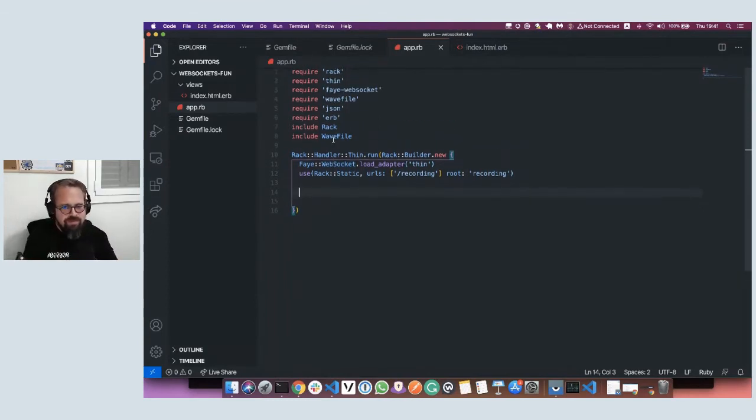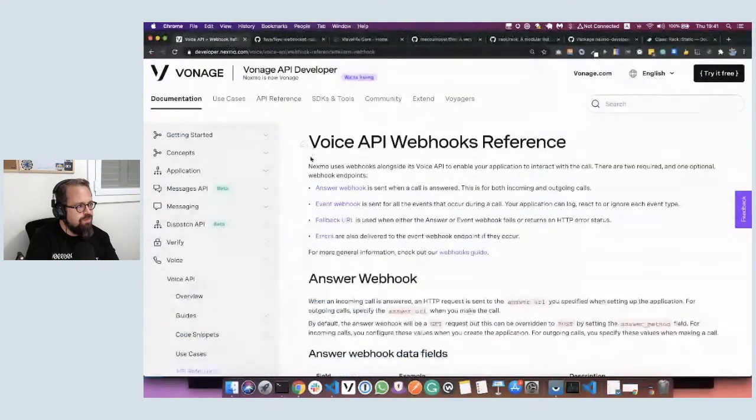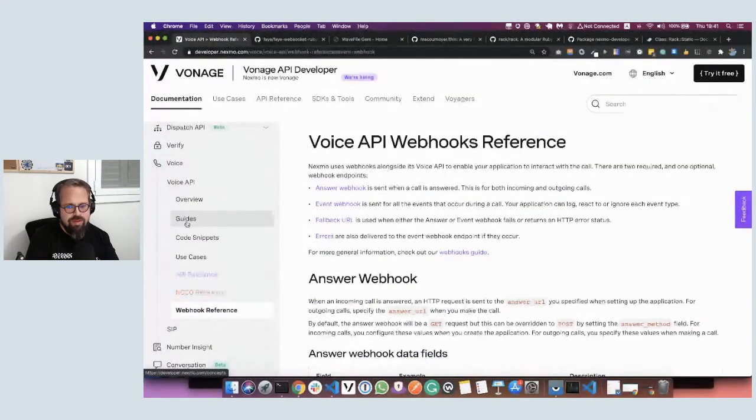Okay. So that's that. And now we're actually going to build some of the data mappings. So the first one we want to map is the route to the WebSocket connection. Okay. Map cable. So this is going to be the route that we're going to tell. Remember, in the WebSocket reference guide,